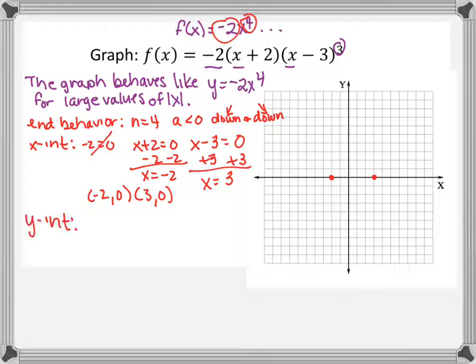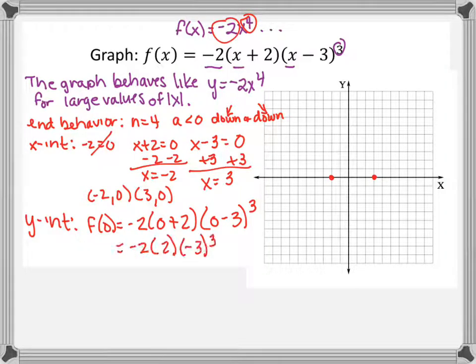For our y-intercept, we need to find f of 0. So -2 times (0 plus 2) times (0 minus 3) cubed, or -2 times 2 times (-3) cubed, -2 times 2 times -27, which is positive 108. So again, I need to change the scale on my y-axis and plot the y-intercept of (0, 108). So it's up here somewhere,